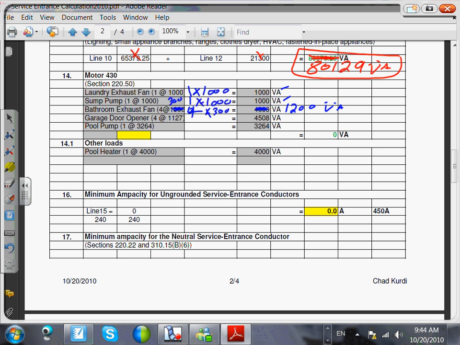Garage door opener. The garage door opener, guys, I give you half a horsepower motor. You're gonna go, I think we have 430 if it's a half horsepower. Let's go to article 430 like we have done many times and find the full load current of this boy. Half a horsepower motor at 115 is 9.8. So for the motor, the garage door opener,